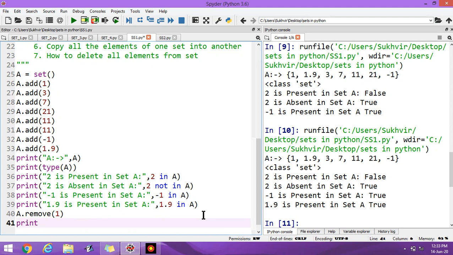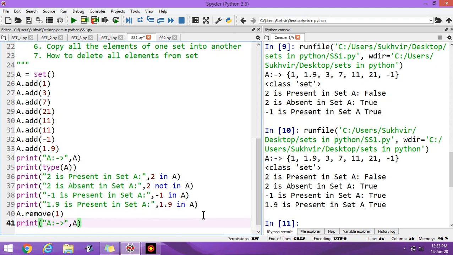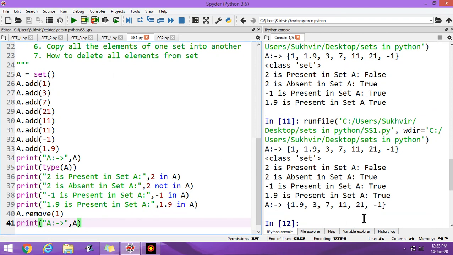Then print A. Now print the set A after removing 1. You can see 1 is removed from this set. Here we had 1, 1.9, 3, 7, 11, 21 and -1. Now 1 is removed from the set.